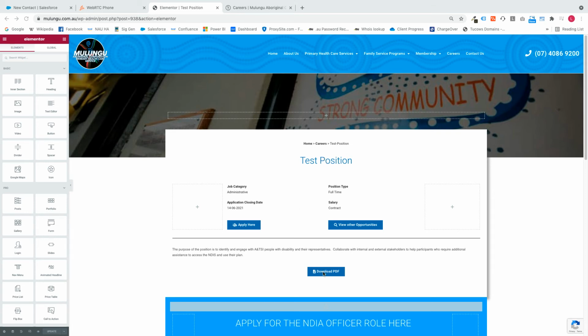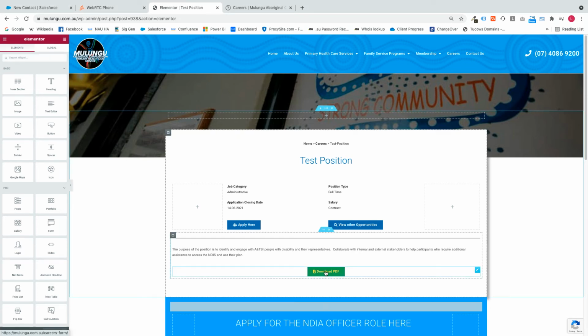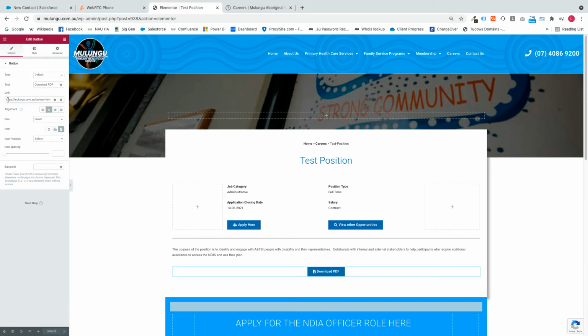All we're going to do now is click on the button download PDF, and then on the left hand side you've got a link here. So all you want to do is get rid of that link there, and then you put in the new link that you just copied, and now you want to paste it in there. So now we hit update,